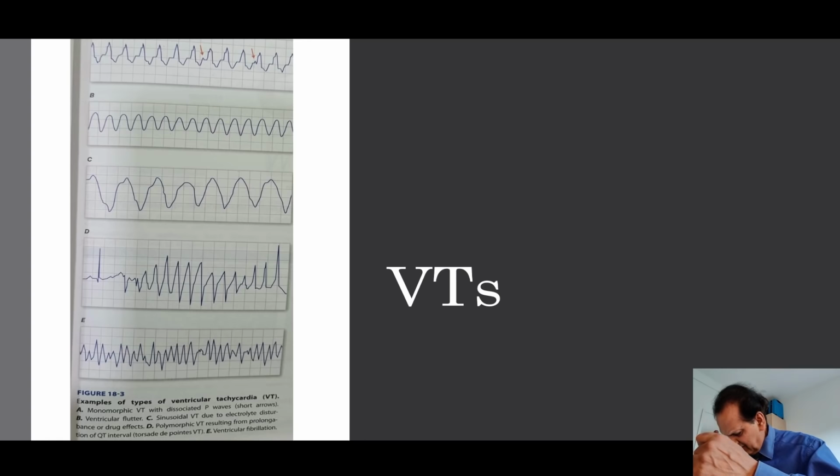In the same way, the B1 is a flutter sort of thing. These are all part of VTs and VFs, but keep these in mind. This picture may also be there, and this is a ventricular flutter. Never forget. Number 3 is a sinusoidal VT due to electrolyte problem, hyperkalemia. This one,